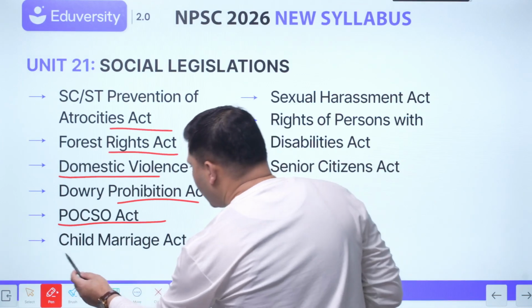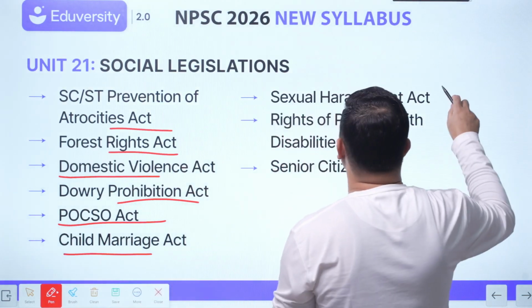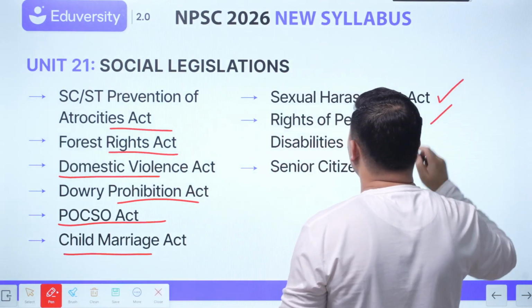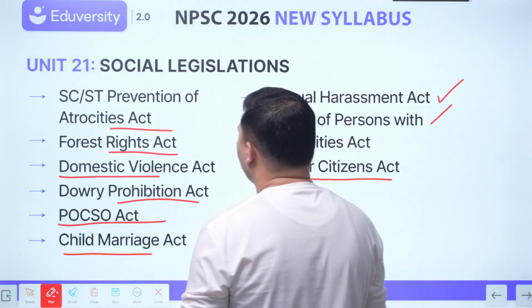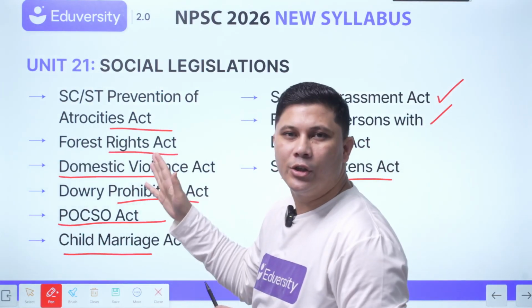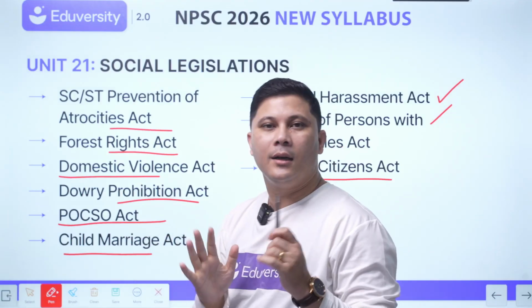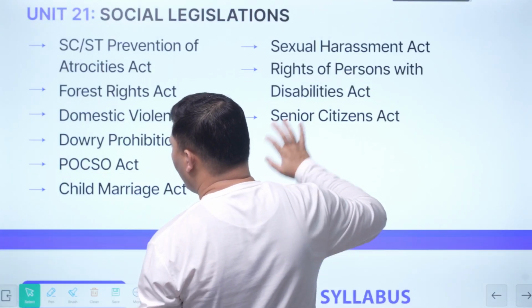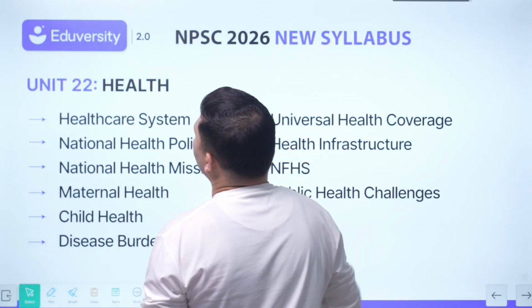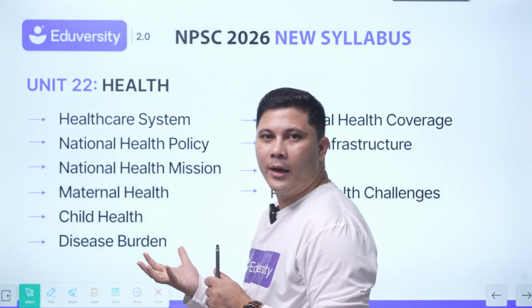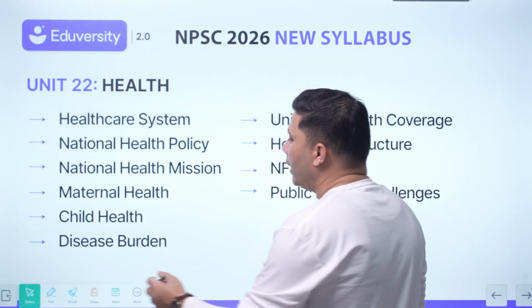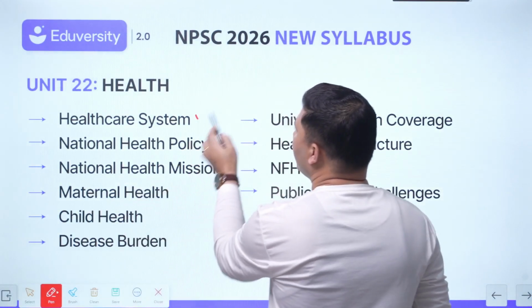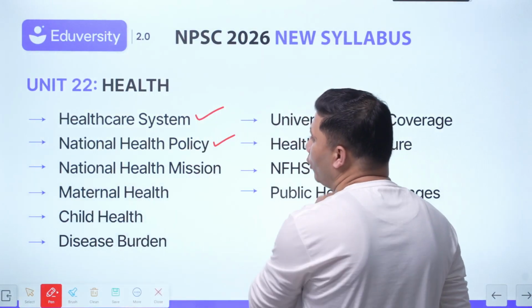Then the Child Marriage Act, Sexual Harassment Act, Rights of Persons with Disabilities Act, Senior Citizens Act. All of these social legislations we will have to study under social justice. Now going forward, we have to study health. In social justice, under health, we have to study the healthcare system, national health policy,